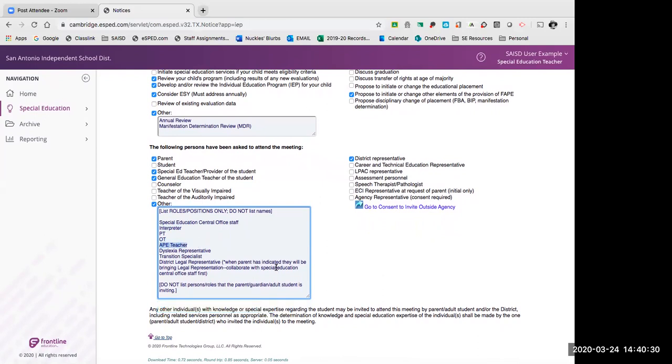Your APE, your adaptive PE teacher, must be invited. If the student has dyslexia, then we must be inviting the dyslexia representative. There are times where a transition specialist is appropriate. And when a parent has indicated that they're going to be bringing legal representation, you're going to need to collaborate